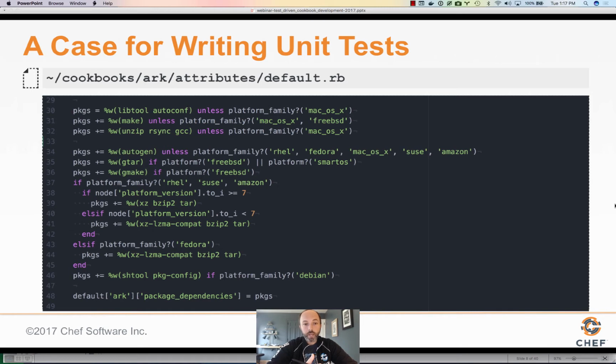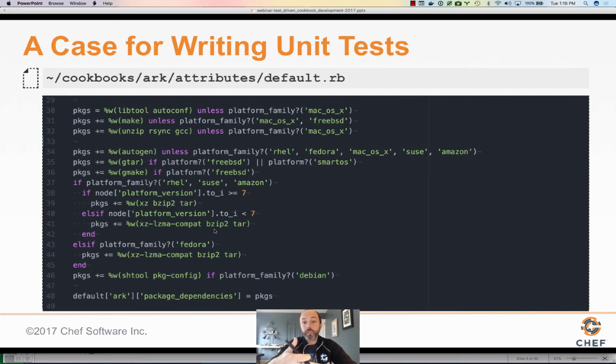So here you'll see that there are a lot of exceptions to the rule when you're on a Mac or FreeBSD, Fedora, SUSE, Amazon, right? All those different things. And you can even see there's some variations, depending on the version of your platform, on what particular packages are available. So this can be really confusing as far as what packages I should expect by reading this. From this list right here, this code, it's very difficult for me to determine what packages are available or should be installed on a